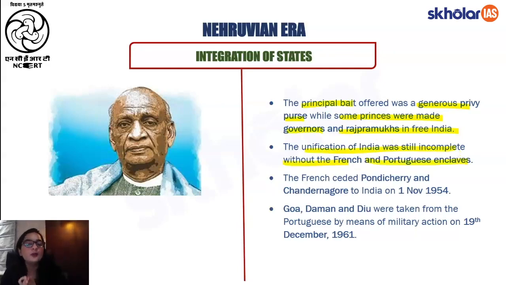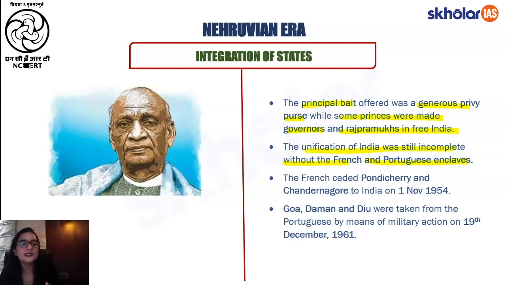अब स्टूडेंट्स यहाँ पे दो बहुत ही इंपॉर्टेंट पॉइंट्स हाईलाइट हुए हैं. इसके अंदर जो पहली बात है वो ये है कि जो प्रिंसली स्टेट्स थे वो इंडियन डोमिनियन को इसलिए ज्वाइन करने के लिए राजी हो गए थे क्योंकि उन्हें एक बेट दिया जा रहा था, दैट इज द जेनरस प्रीवी पर्स. सो बेसिकली स्टूडेंट्स, here the privy purse is something, it is a kind of a payment that was